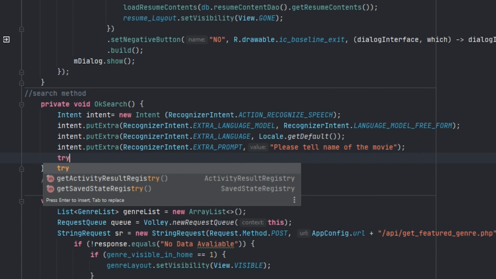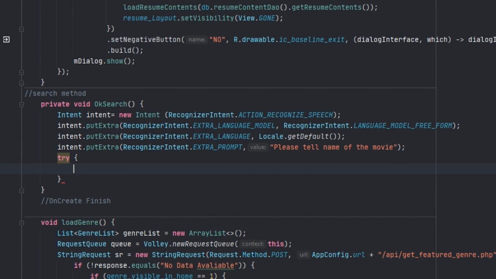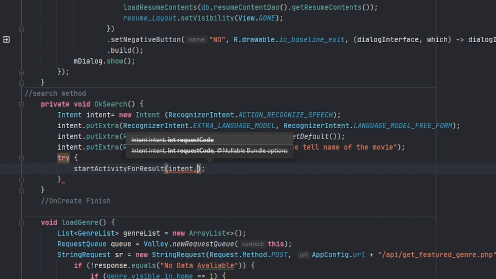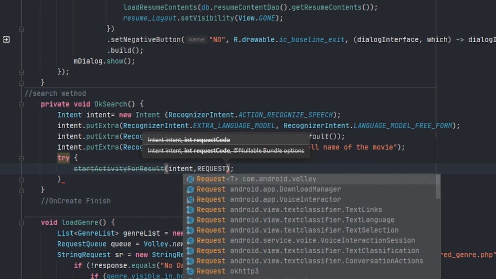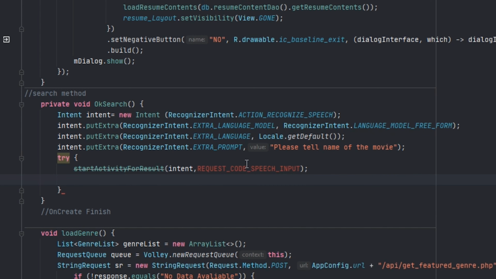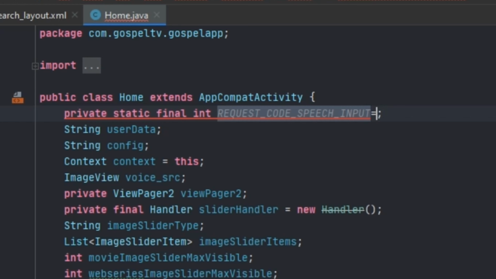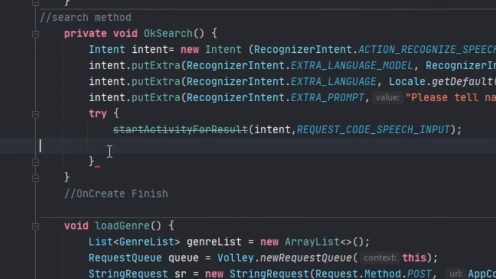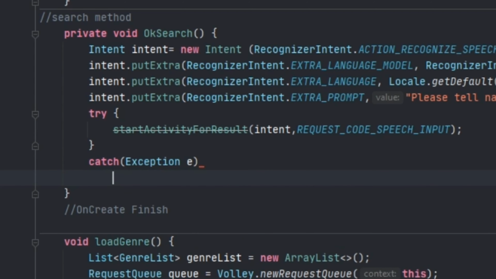It is recommended to use a try and catch statement. In simple terms, to explain the try and catch statement, we are asking it to check if the request code is correct, else we ask it to throw an exception.